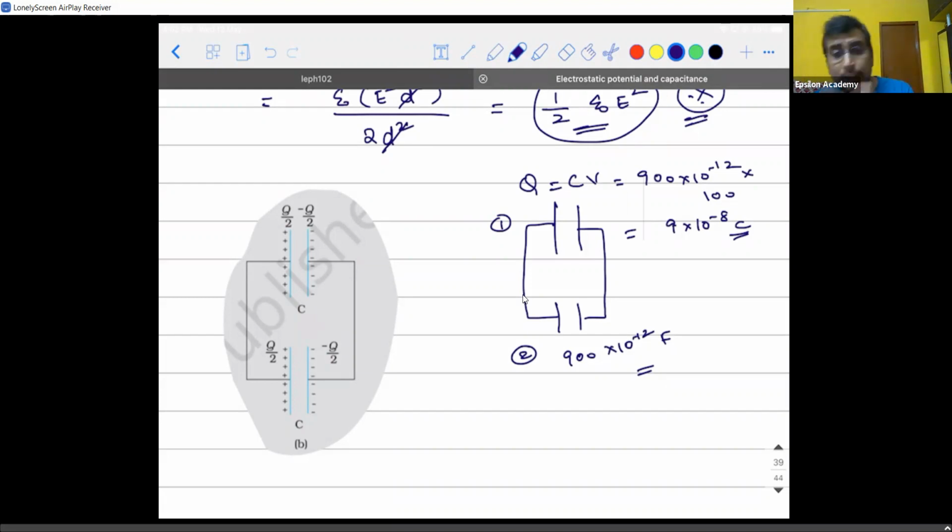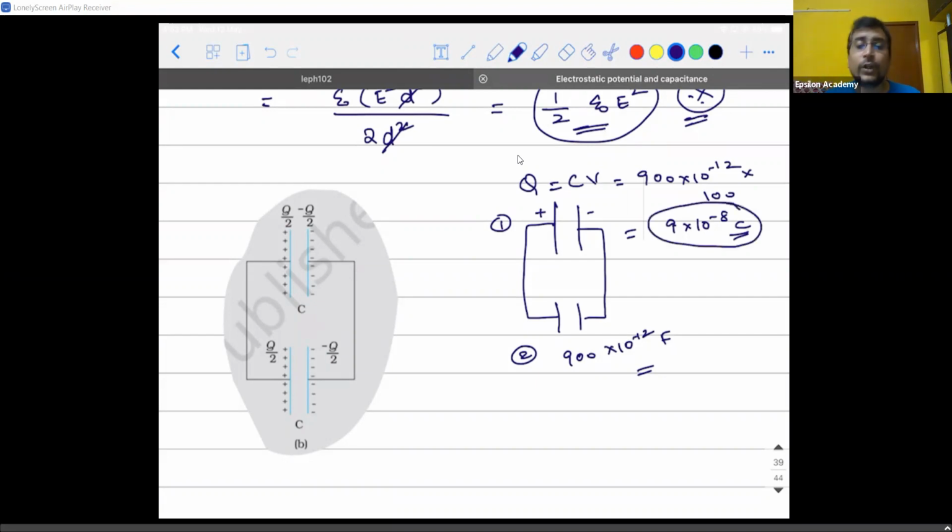Right. Now, this is at a higher potential, this is at a lower potential. Let's say it is like this. The first capacitor's positive and negative terminals are connected across the uncharged capacitor of 900 picofarad. What is 0? 0 is the potential difference. Now, what do you think will happen to the total charge of this much value?